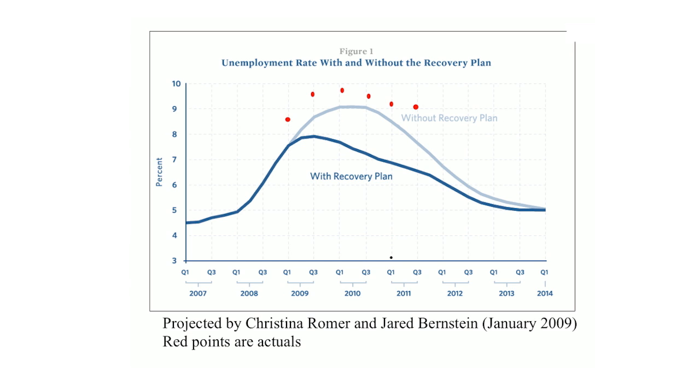This is a picture of the unemployment rate. A vertical axis shows you the percent, and you see the timing here of the period around the recession. So unemployment was rising. They drew this diagram at about the point where the light blue line and the dark blue line separate. And the argument was that with the stimulus package, called a recovery plan in this picture, unemployment would have peaked at around 8%, as you can see, and then started to come down. The argument was if you did not have the recovery plan, did not have the stimulus package, unemployment would be higher on the lighter shaded line.